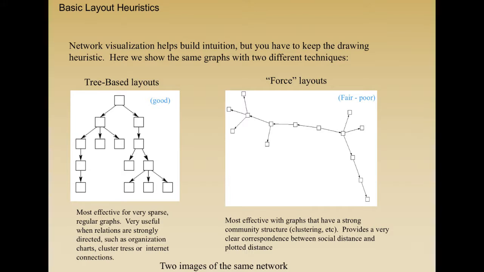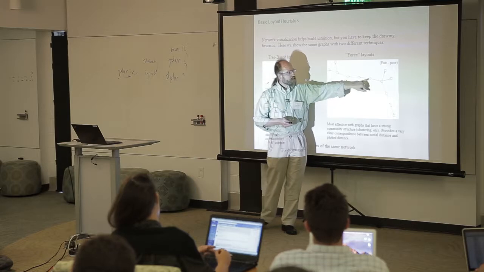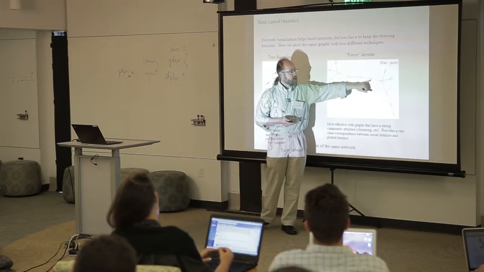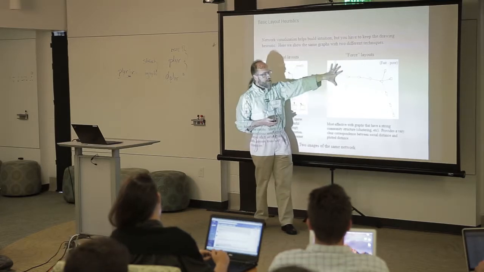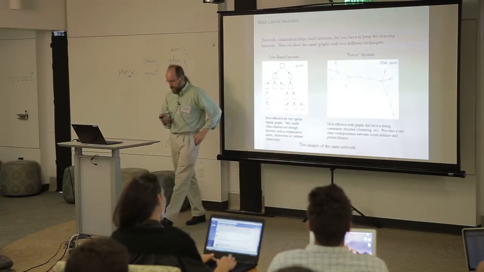The other standard way to display a network is what's known as a force-directed or a space-based layout, where the goal is to mirror the edge distance in the network, the number of steps, with the screen distance. So the further I am in the network, the further I am in the display space. And if you have a hierarchy in this space, it's okay. I can see that this node has only outgoing ties and no incoming ties, so that's probably my root, and I could trace branches, but it's clearly not nearly as easy to see as this is.